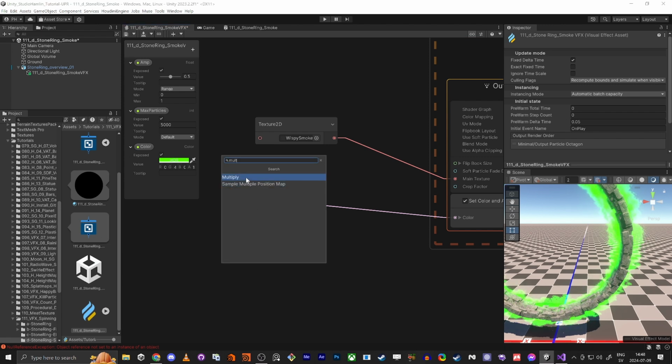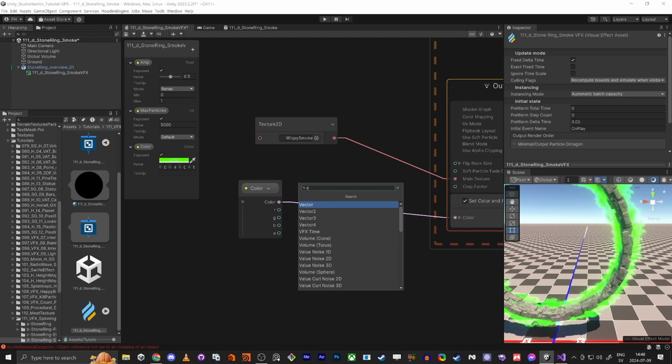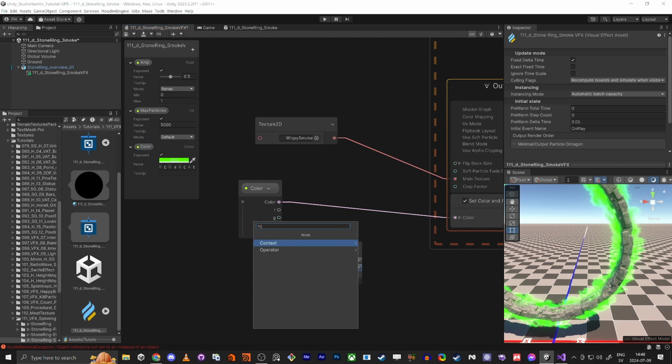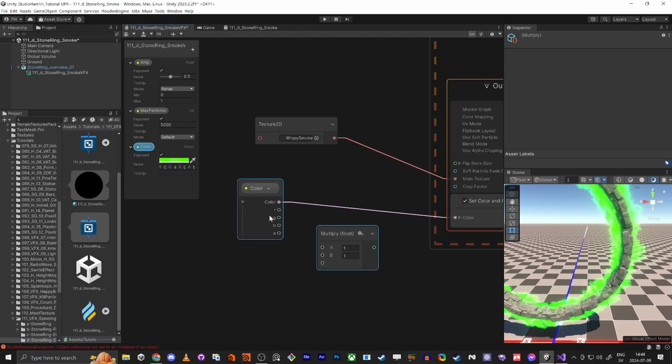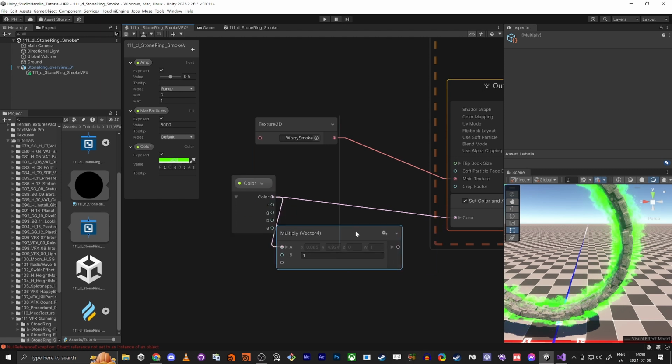If we do a multiply here, so let's see how to do this properly. So if I do like this, we have the multiply here, and I take the color in here, and then